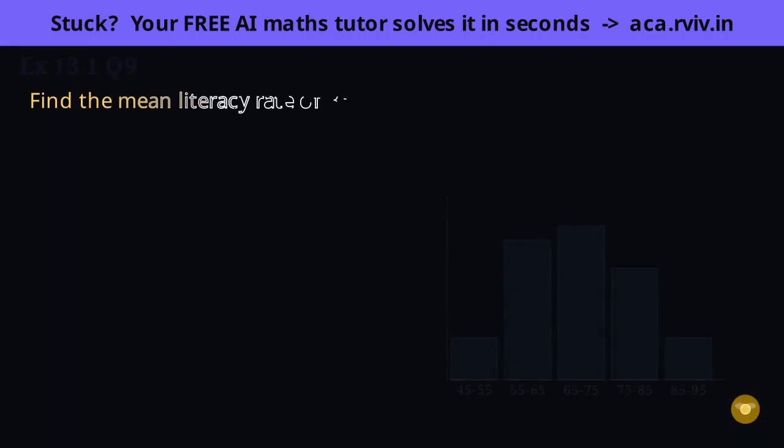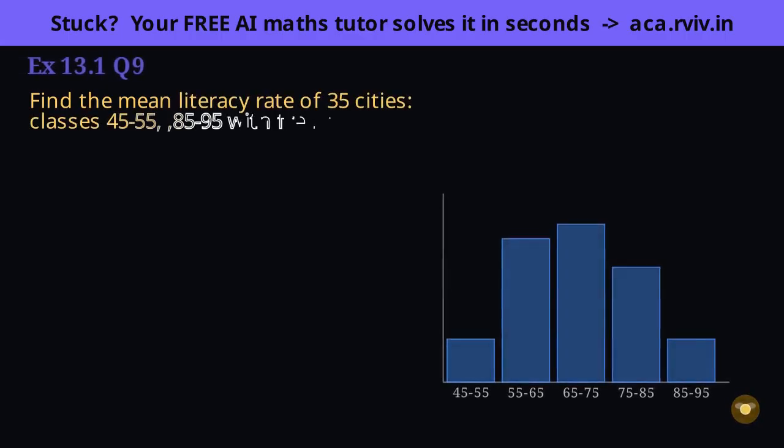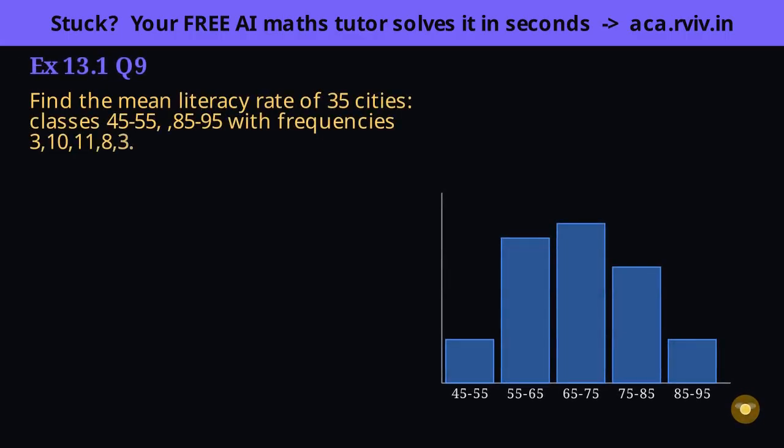Round widths of 10, step deviation once more, quick and clean. Equal width 10 and round class marks make step deviation the obvious, tidy choice. Class marks first: 50, 60, 70, 80, 90. Assumed mean 70, right in the middle, with h equal to 10. Centering a keeps the deviations balanced around 0.